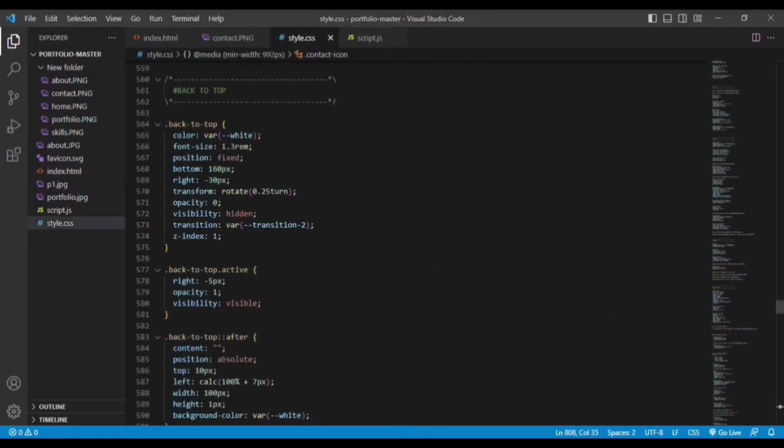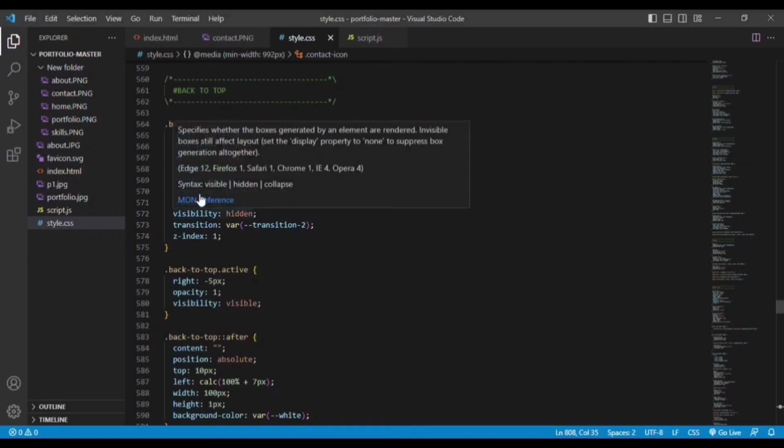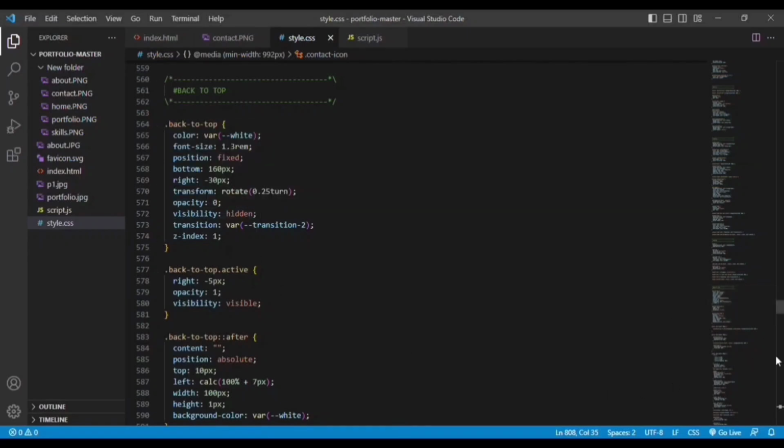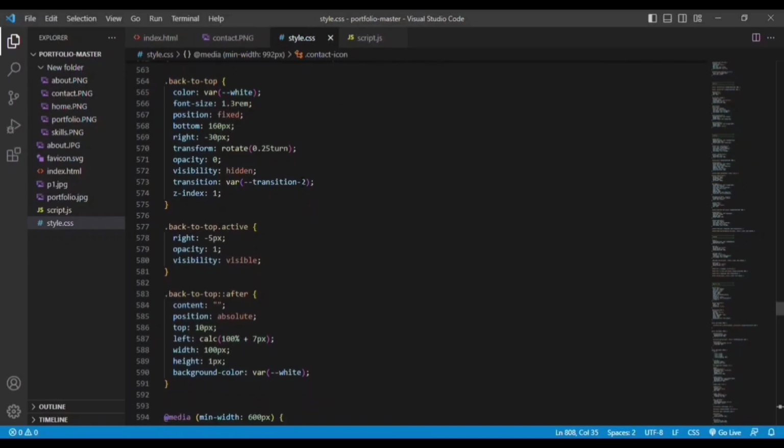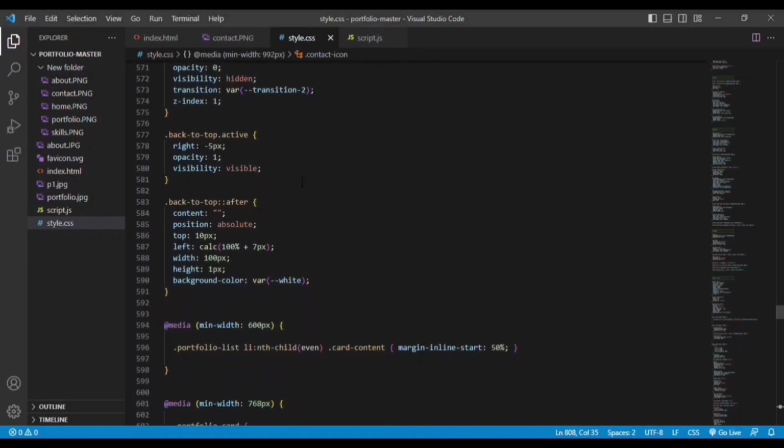For that we are adding the CSS styles here. You can see color, font size is given, position is fixed. Bottom towards the right hand side, you can see it at this particular end of the website, you can see the back to top button. And whenever the back to top button is active,